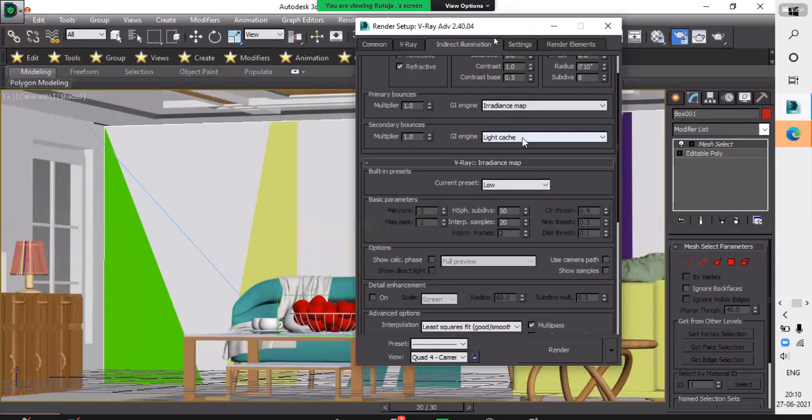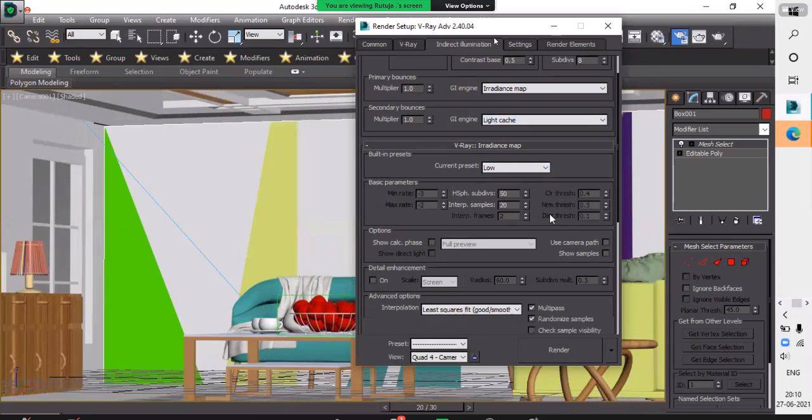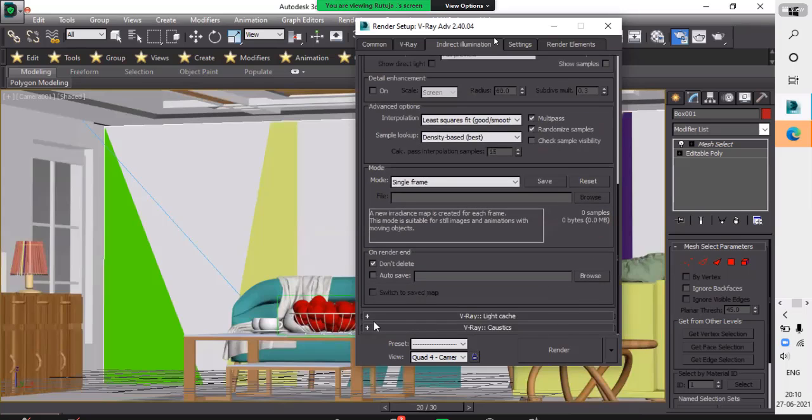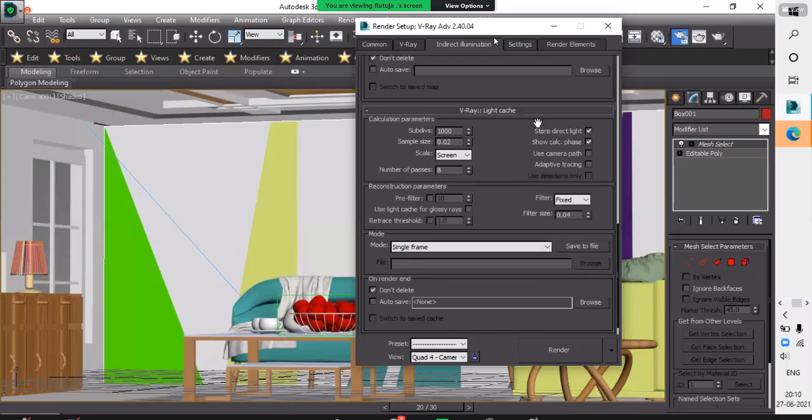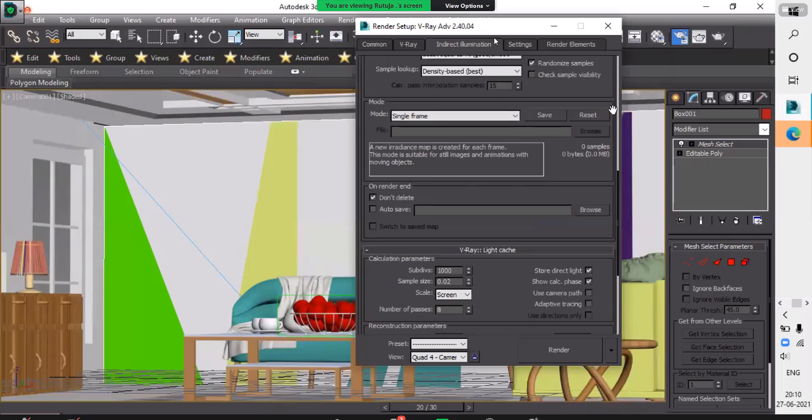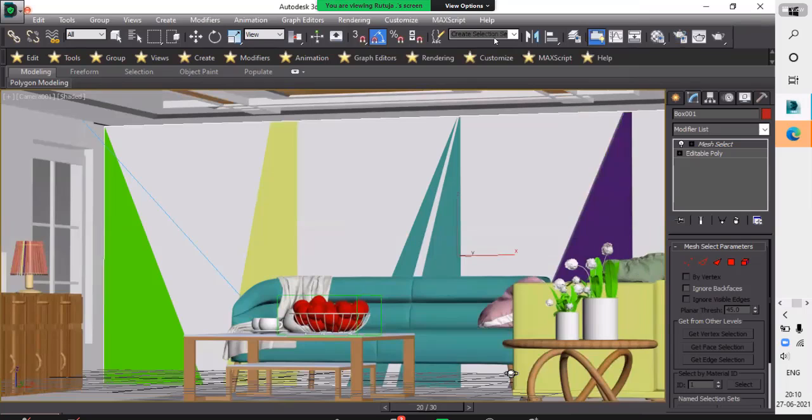Change to Light cache, go to V-Ray Light cache, turn on Show calc phase, and your settings will be done.